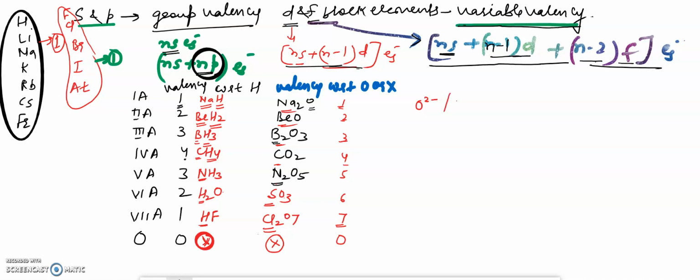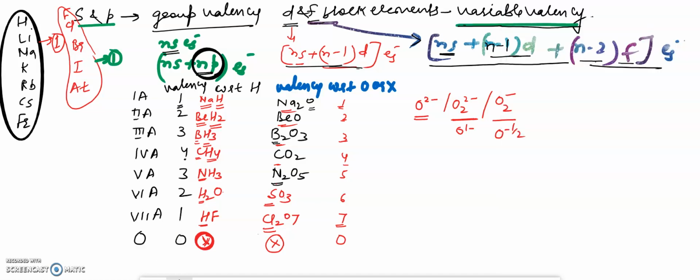This is oxide, this is peroxide. This peroxide, that is O2, will have 2 minus oxidation state, so 1 oxygen will have 1 minus. Now we will talk about superoxide. In superoxide, 2 oxygens will have 1 minus, so 1 oxygen will have minus half charge. That's a fractional charge. That won't be possible theoretically, but it is mathematically possible, because 2 oxygen atoms have 1 minus charge.